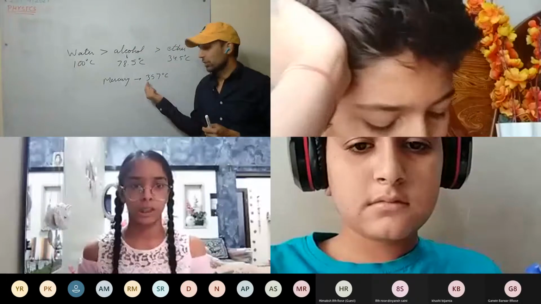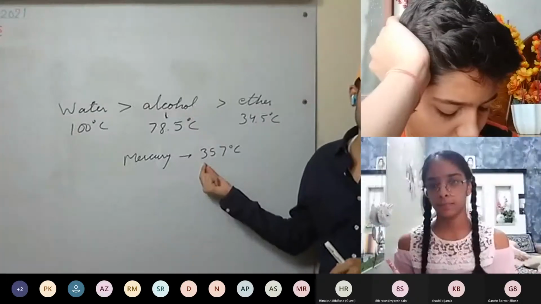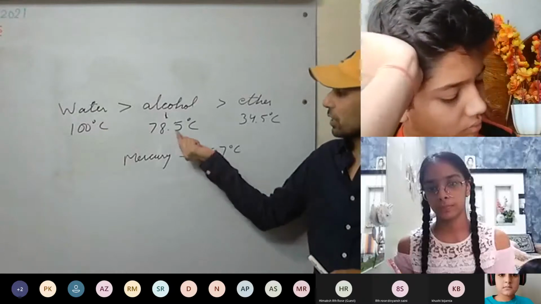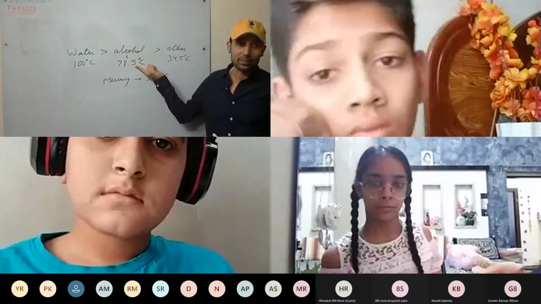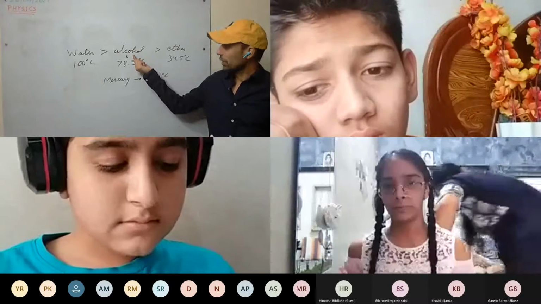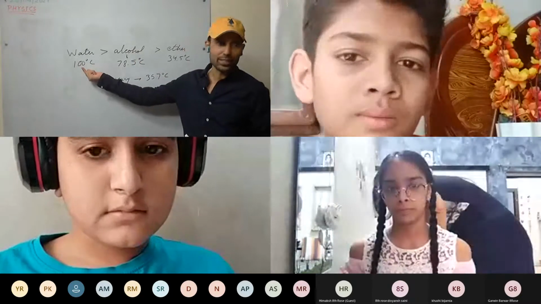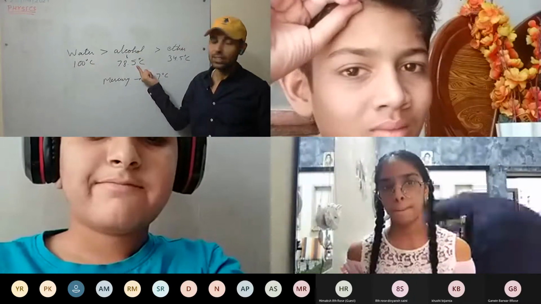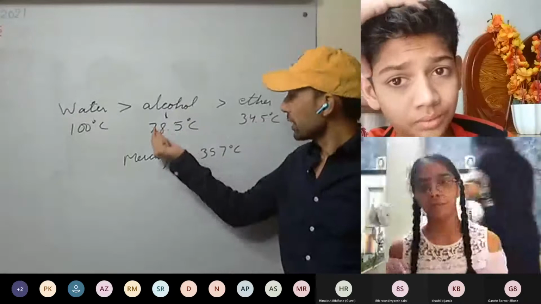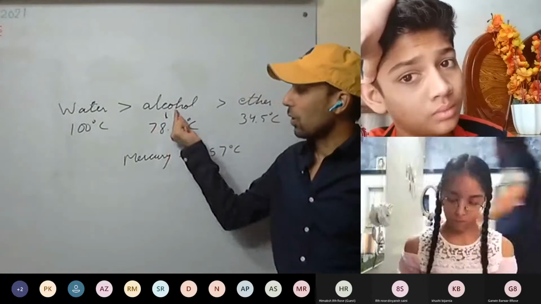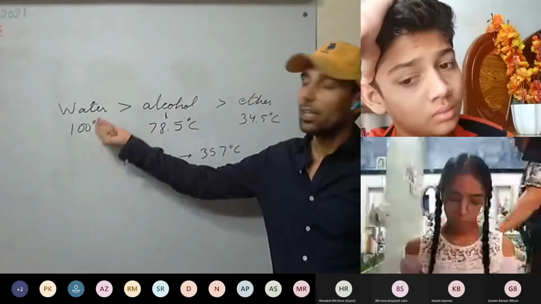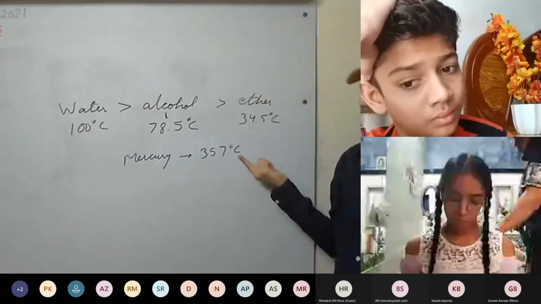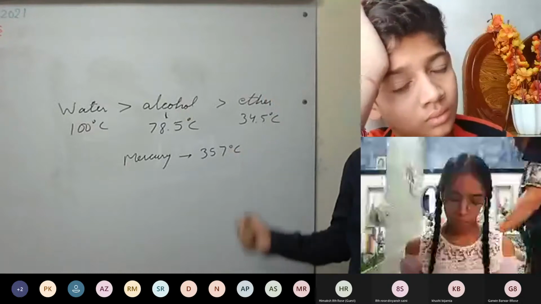That is one of the main reasons why mercury is used in thermometers. If we use alcohol in a thermometer, what will happen? Can we use an alcohol thermometer to measure the boiling point of water? No, because alcohol will convert into vapor at 78.5 degrees Celsius. Therefore, we cannot use alcohol as the thermometer liquid for measuring the boiling point of water. We require a liquid whose boiling point is more than water, so we have gone for mercury. Understood this one?